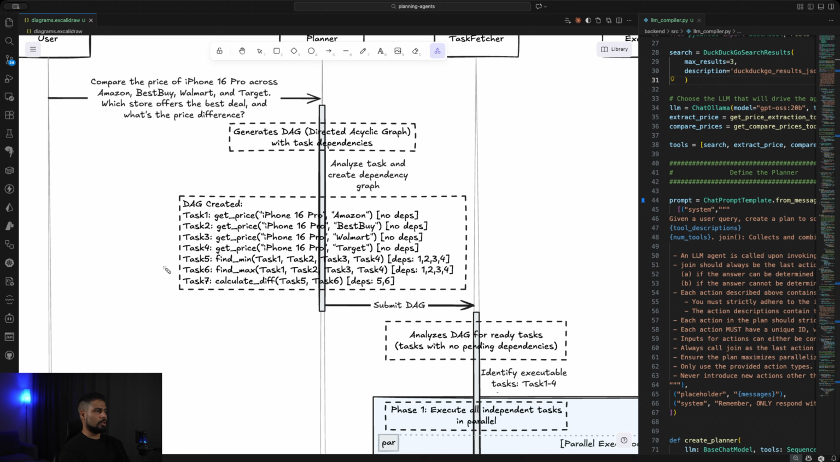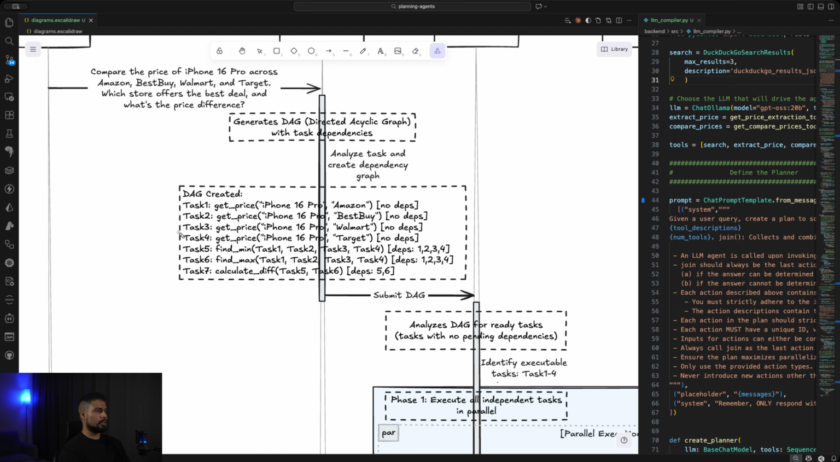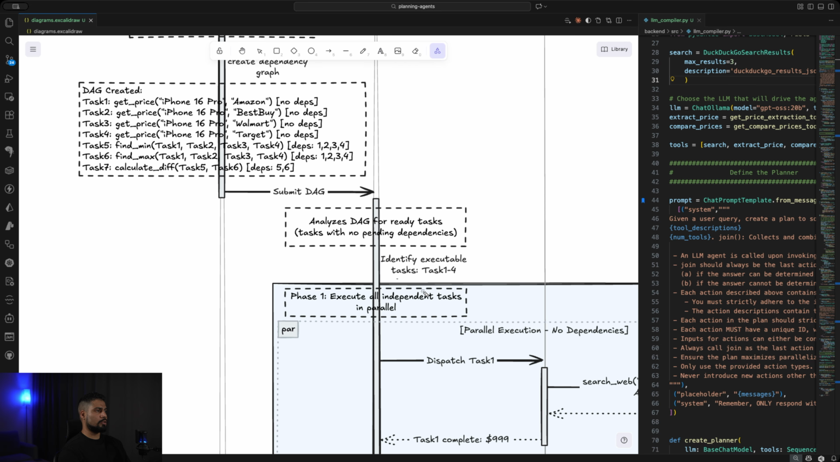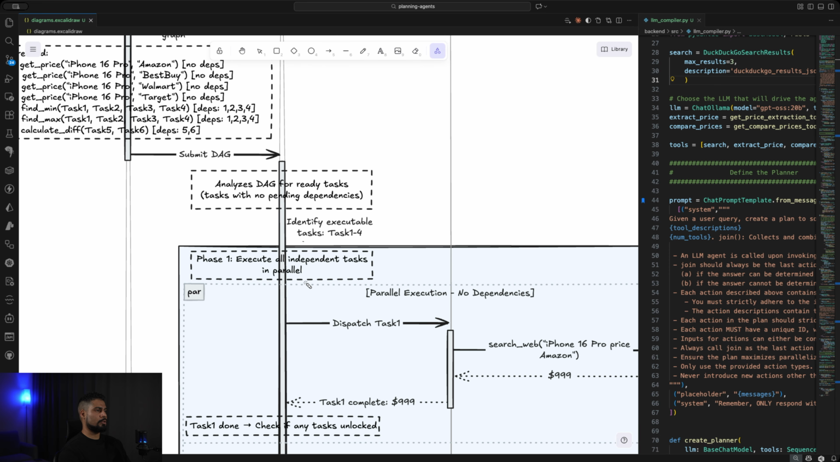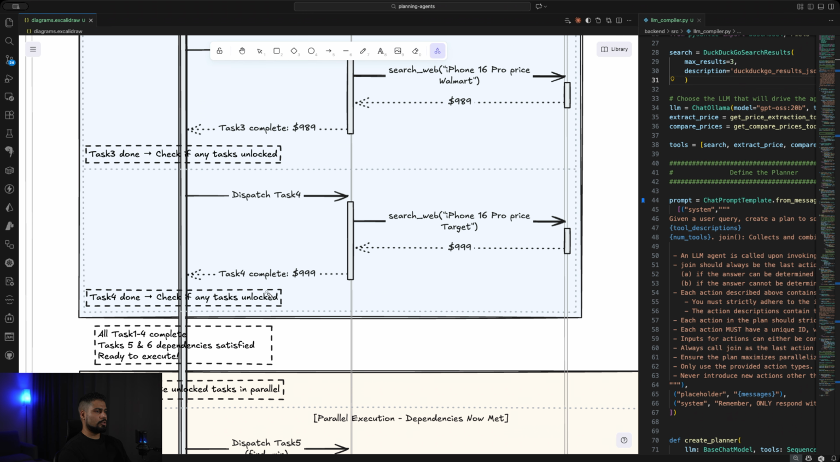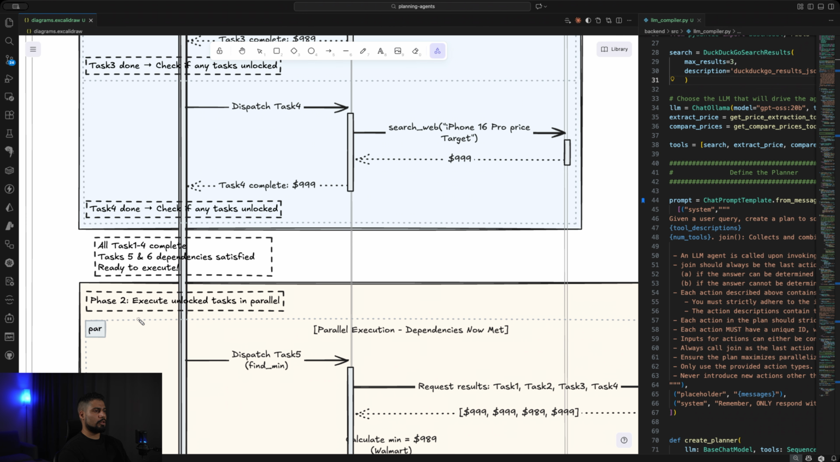So it looks something like this, where you have a couple of tasks that can be run in parallel, and there are a few tasks that are dependent on those independent tasks. This DAG is then submitted to the task fetching unit, which analyzes the DAG for ready tasks, and then moves into phase 1, where it starts executing all independent tasks in parallel. As you can see here, it does a couple of web searches. After it's got all the information that it needs, it unlocks new tasks, and then it moves into phase 2,